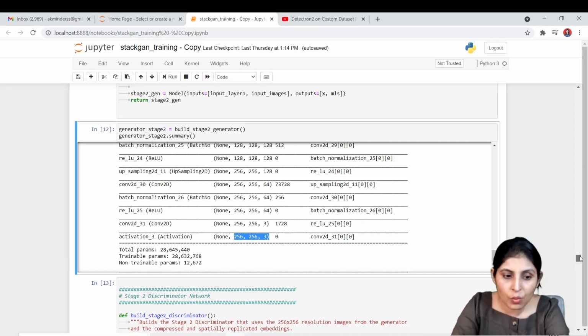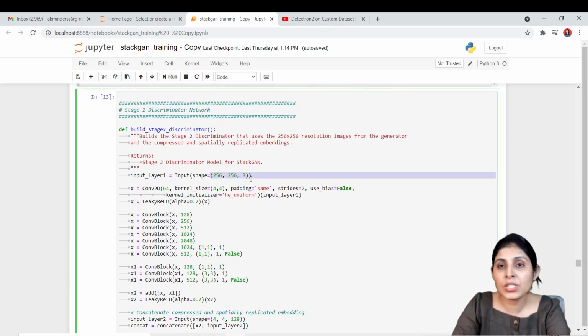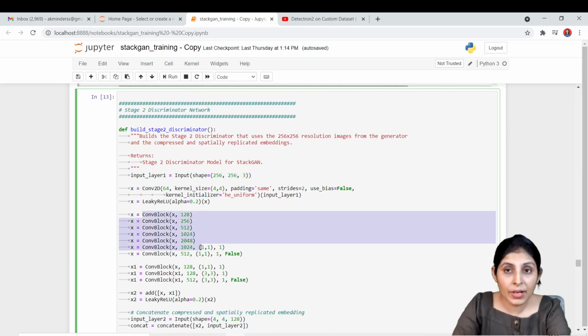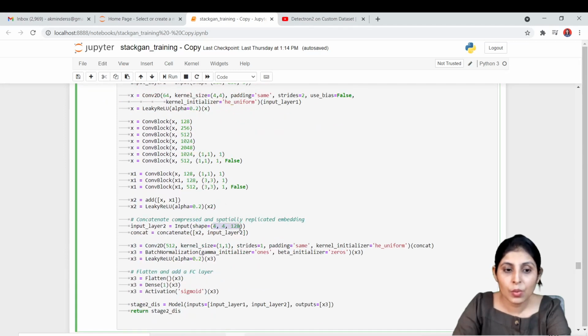In the same way, now we have the discriminator. Again, the discriminator will accept the input in the form of a pair, image and caption, right? Image and text embedding. This time this will be the input size going to the discriminator of stage 2, because the generator of stage 2 has generated an image of this size, so this image will become the input to discriminator 2. In the same way, we are using the conv block to downsample our image because we want to perform the classification now, and we have performed that conv block many times, and finally we reached this size.